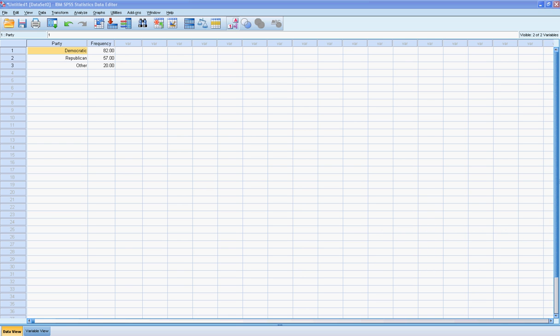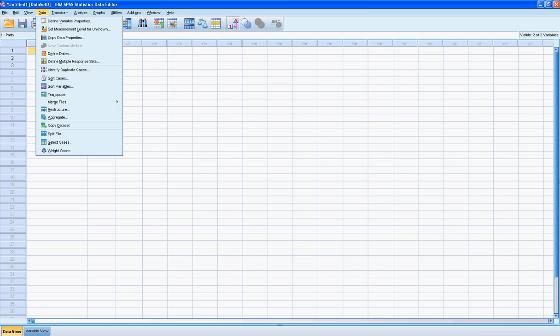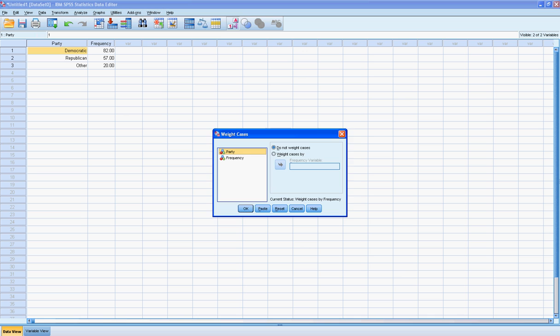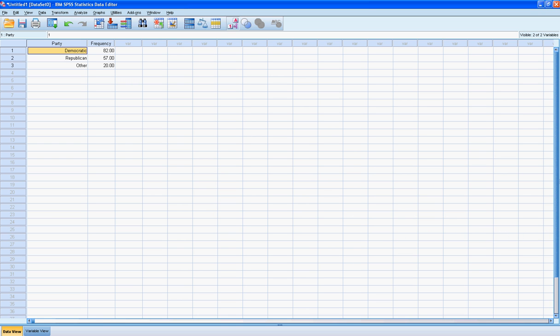So first we want to weight the cases by the frequency. Since they are already tabulated for us, this tells SPSS that each row represents the number of cases in the frequency column. So we must do this first if the data are already tabulated in this way. We click OK, we weight the cases, then we go to Analyze,